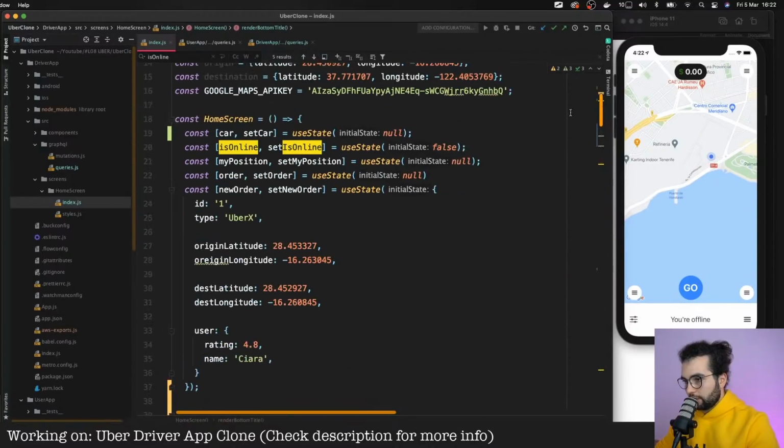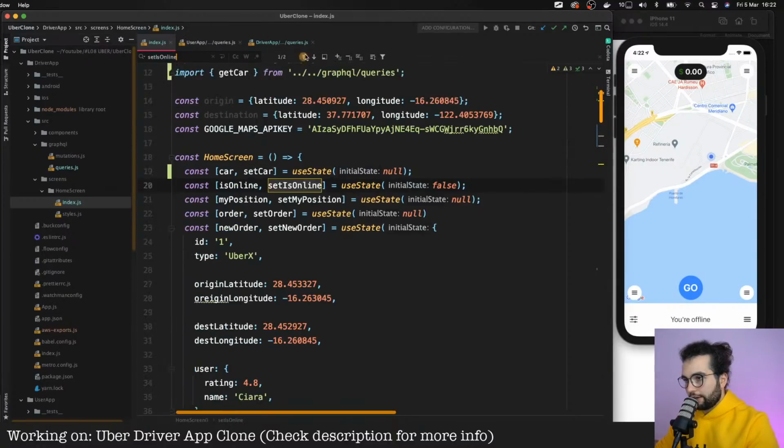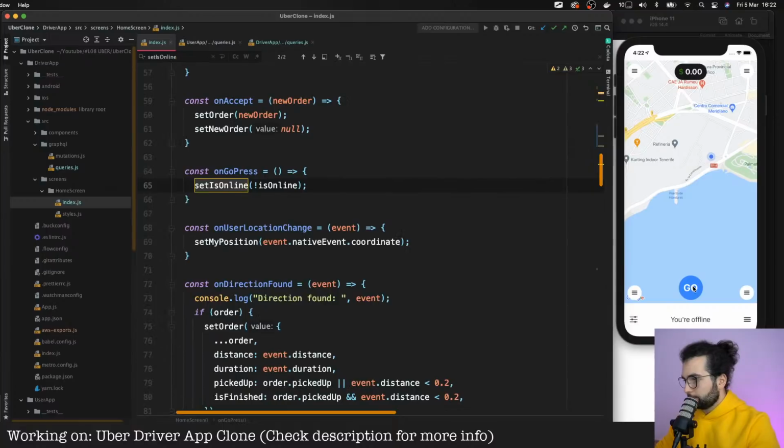Where is isOnline? Okay, setIsOnline we are calling whenever we press on this go button, because right now it will not display anything here. Oh, one more place.